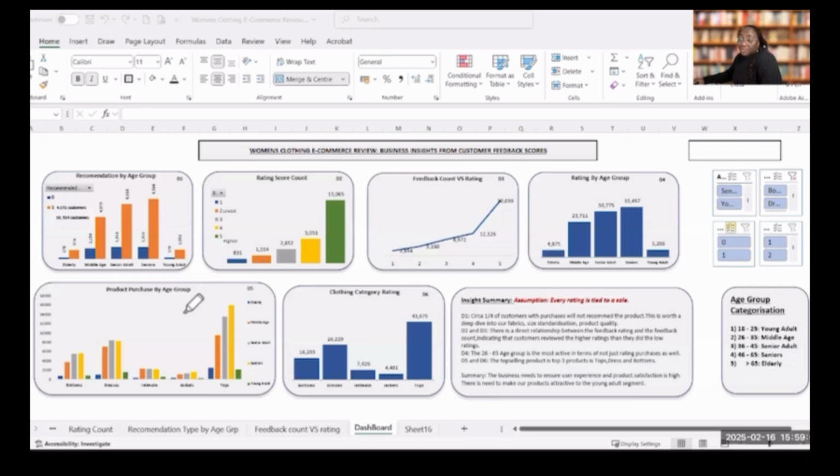Now, again, if you look at the product, of course, this was based on my assumption, we would find that the top selling products are our tops, our dresses, and the bottoms. But if you look at the top selling products, you again look at this beautiful age group, right? They again are the ones buying the most. So it means that you really need to ensure that they're giving you mostly a 4 and a 5. And if you look at the lower rating, let me drop that pen. Let's look at the ratings for